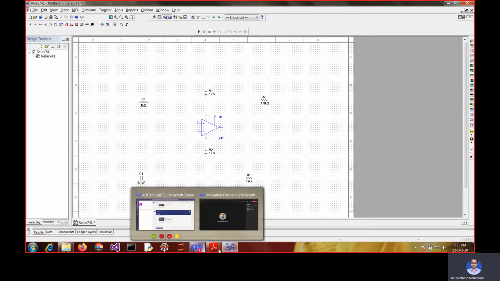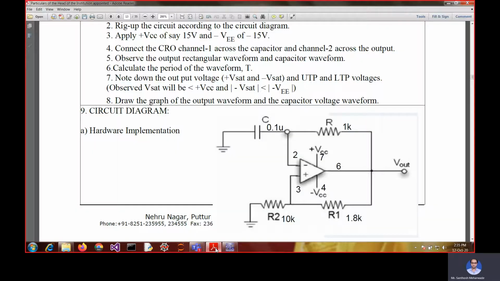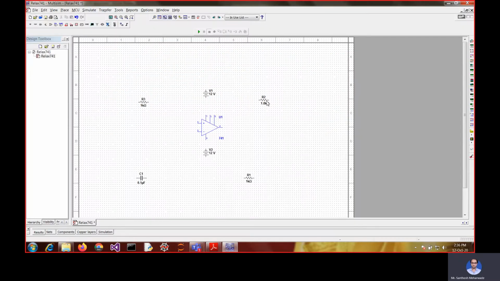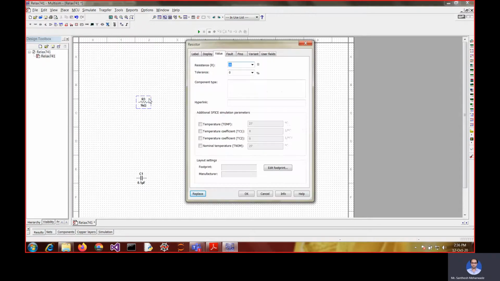Now the next one, let me go back to the figure. You can see that I have placed 1K. Here it is displaying at the top, but in our condition it is becoming below because our pin number 2 is below. Similarly, pin number 3 is above, hence R1 and R2 are above. You can see in this figure R1 is 1.8K, R2 is 10K, but here R2 is 1.8K and R3 is 1K. Sorry, that is not 1K, we have to update it to 10K.